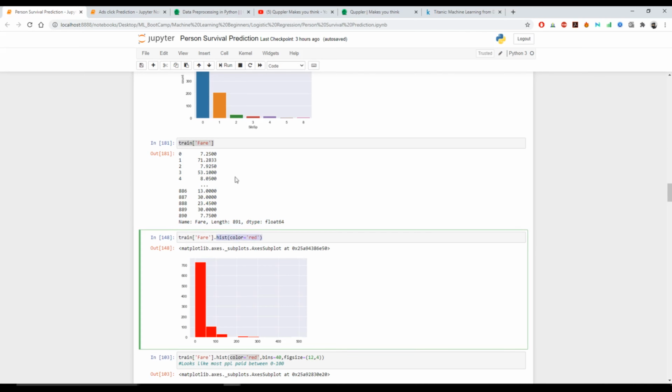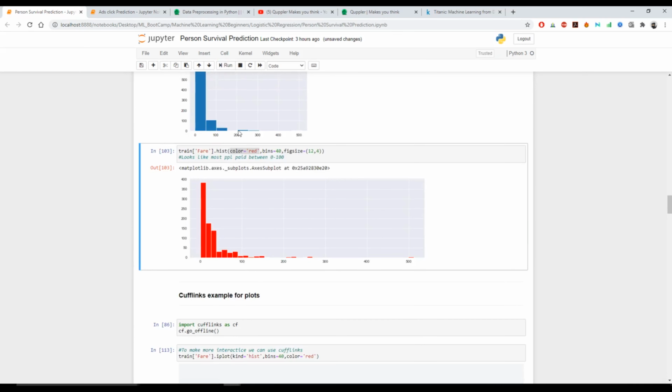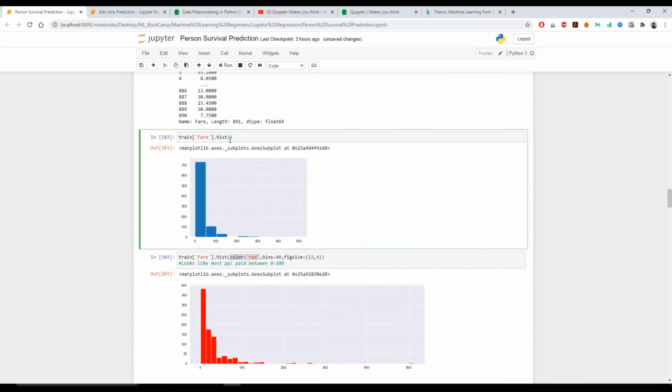If you don't want, you don't pass it. In my case I have used red. If you remove this, it will still show, but if you want to add some color, add it. And if you want to add bins, here I haven't given any bins.